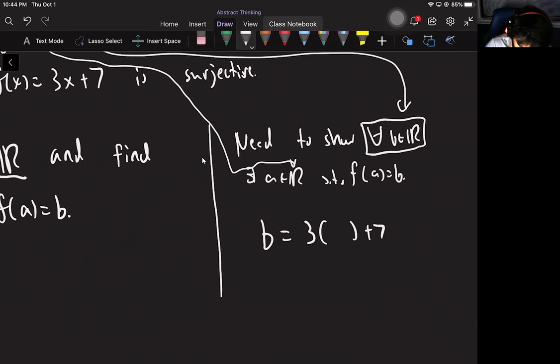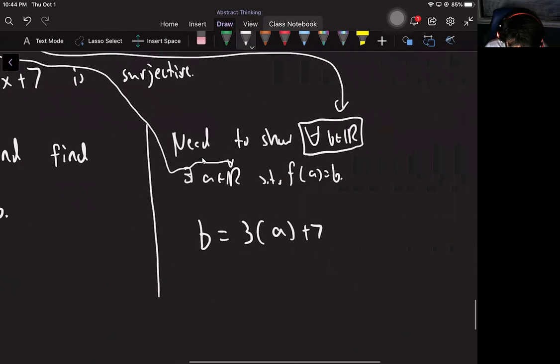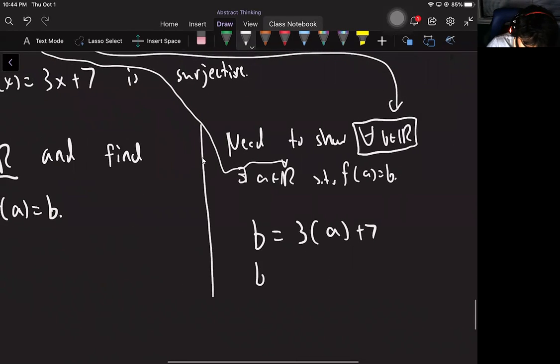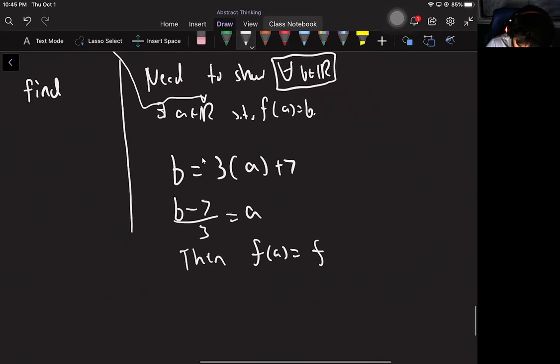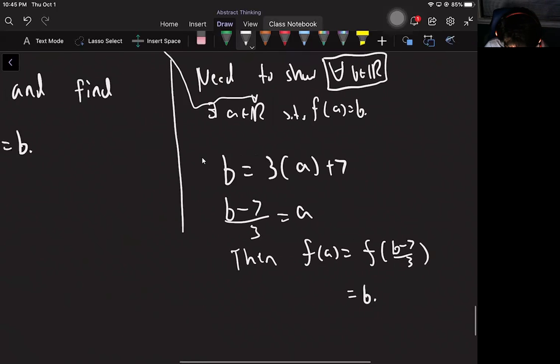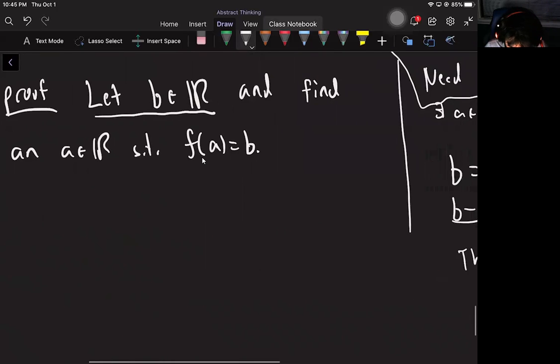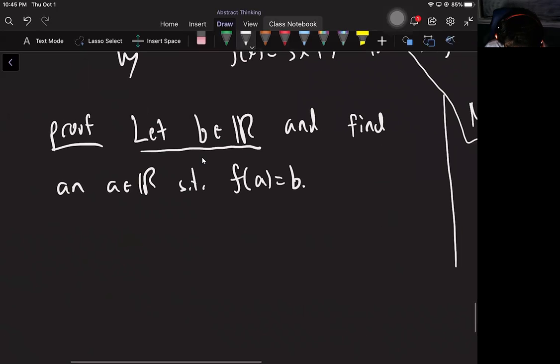So that something is what I'm calling A, but I don't know what it is yet. So the trick is just solve for it. A is B minus 7 divided by 3. So if I let A be that, then when I plug A in, I will end up with B just like I wanted. So that's all scratch work to make it work. Okay, so you secretly find the A on the side with scratch work,